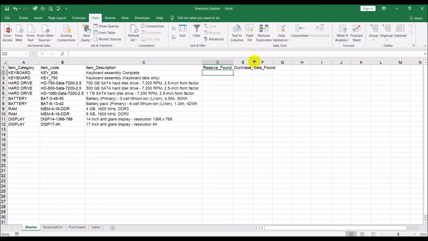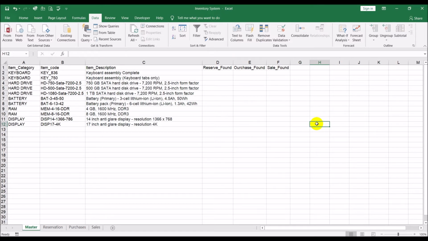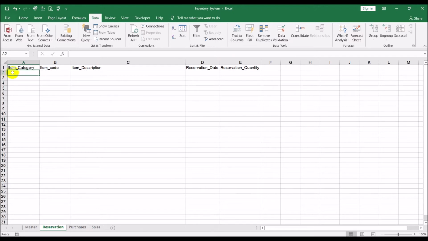Let's just resize these columns. Now, based on the selection that we make here,